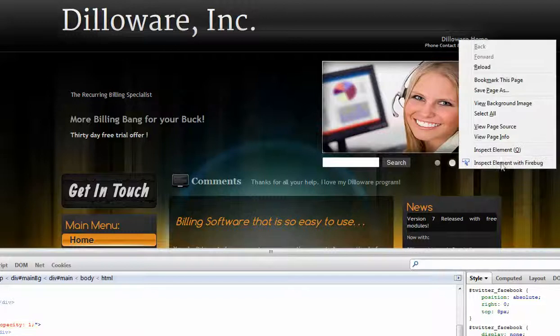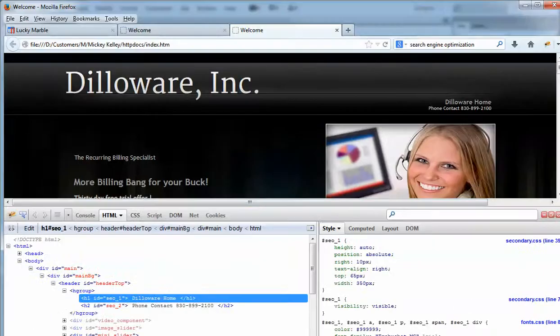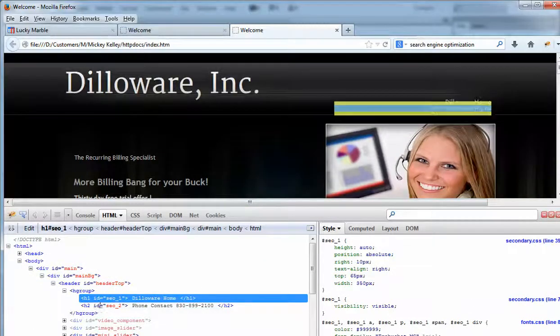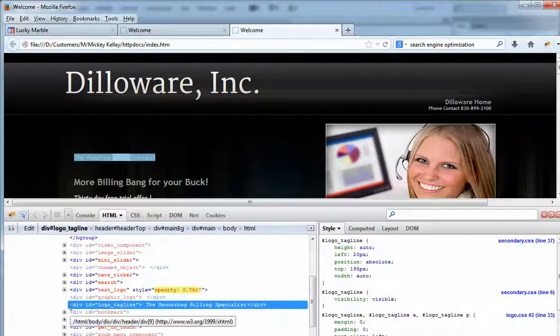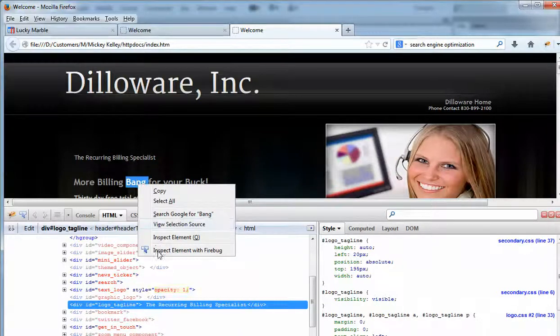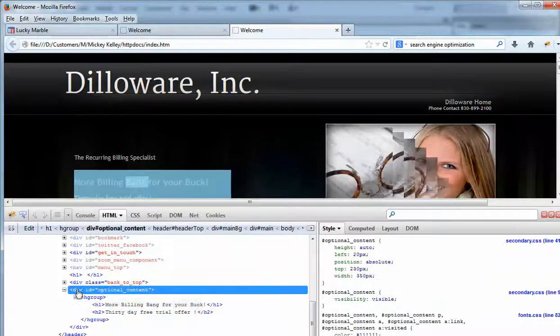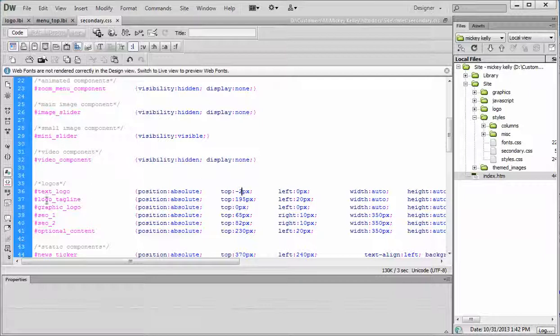I'm going to use my Firefox inspect elements. This is the SEO1 and the SEO2. And this here is going to be your logo tagline, and this here is going to be your optional content. So let me show you which bits and pieces. Pretty much everything grouped within the logos is what you need to update in terms of the top positioning. The logo tagline, and this is just something you get to play around with, maybe 100,